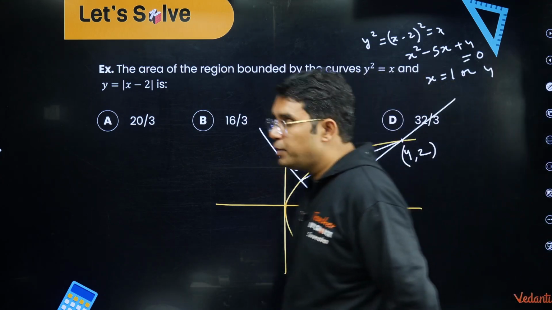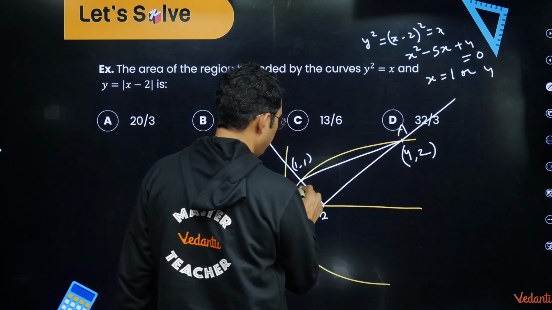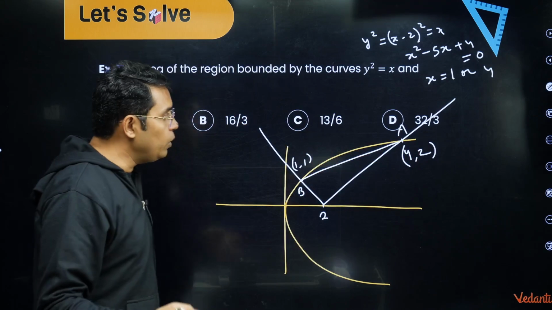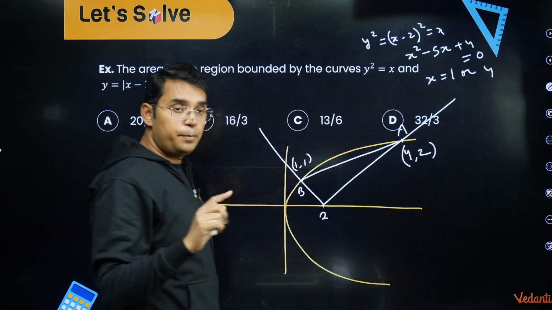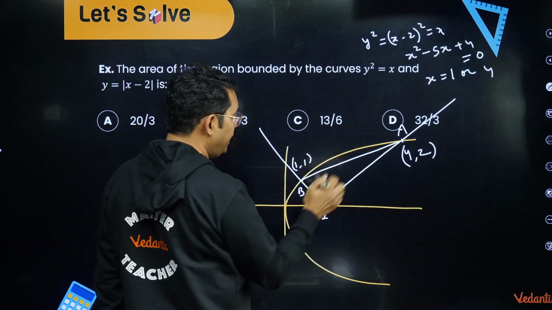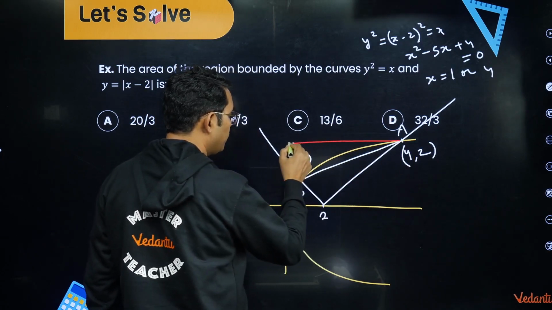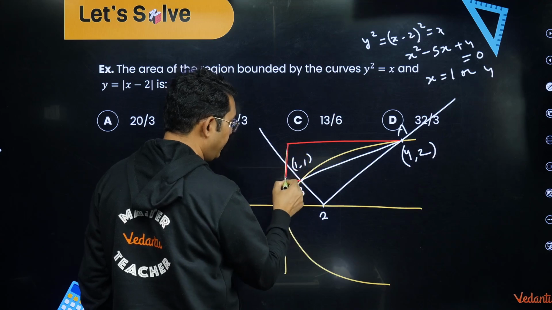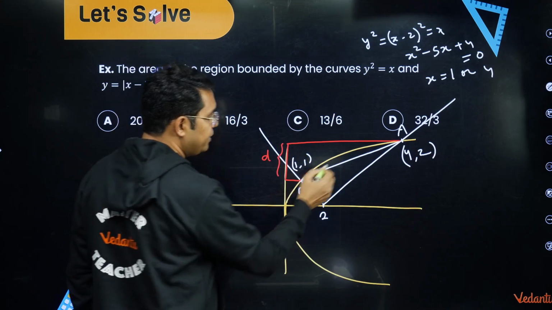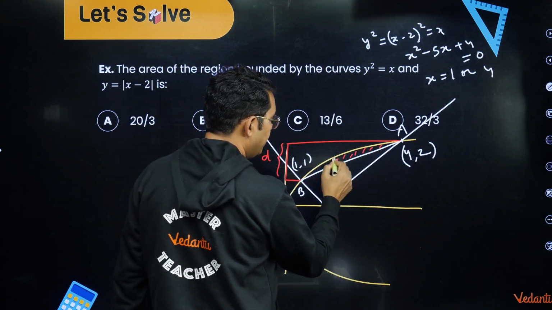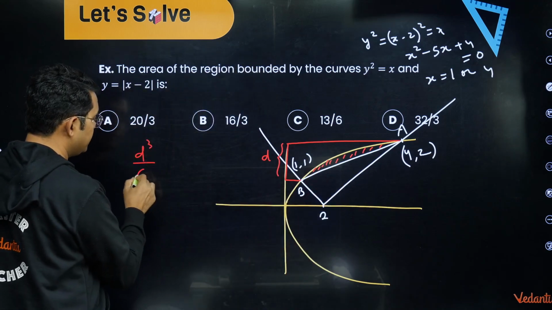What is Archimedes' theorem? Please understand, whenever some secant like AB is cutting your parabola at two points like this, then we take the projection of this segment AB on the tangent at the vertex, and we call this D. Then this area is always equal to D cube upon 6L.